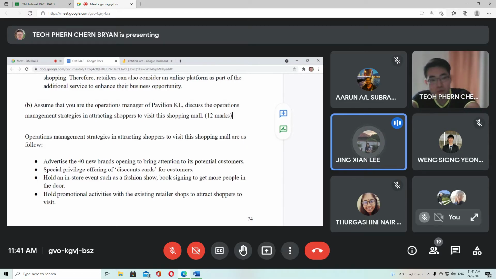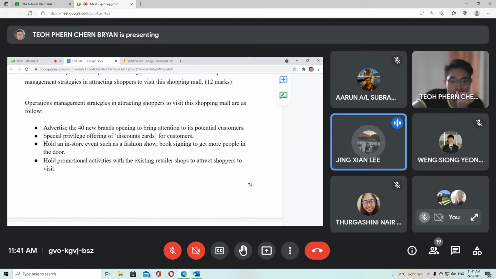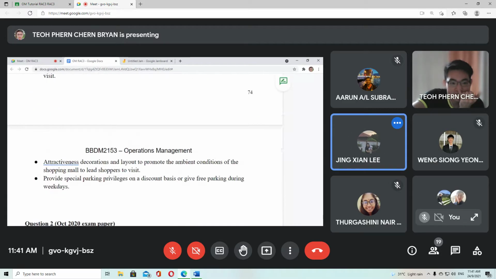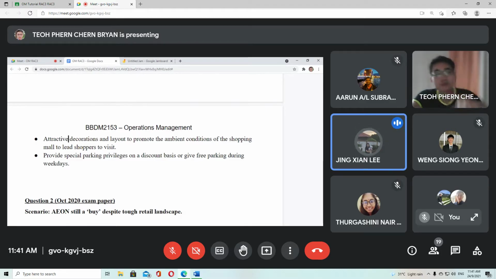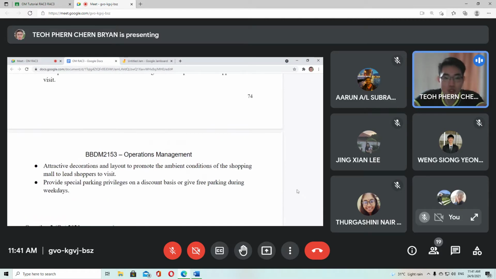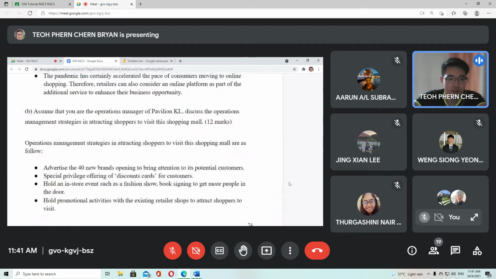And next, hold a shop to attract shoppers to visit. And next, attractive decoration and layout to promote the ambient condition of the shopping mall to lead shoppers to visit. And lastly, provide special parking privilege on a discount basis or give free parking during weekdays. That's all. Right, so this question B,